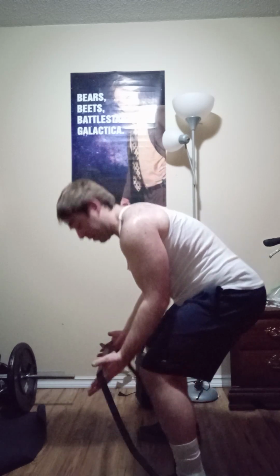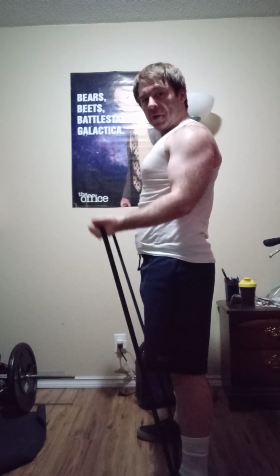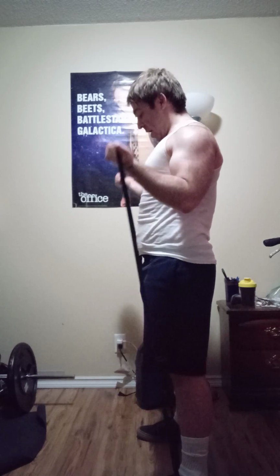Get your feet a little bit wide on the band so you have the loop, once again using your knees as a guide. Get it slightly over shoulder length, and then you can perform a bicep curl. I just finished back and bicep day, so obviously I'm going to look pumped. Okay, so another way of doing this